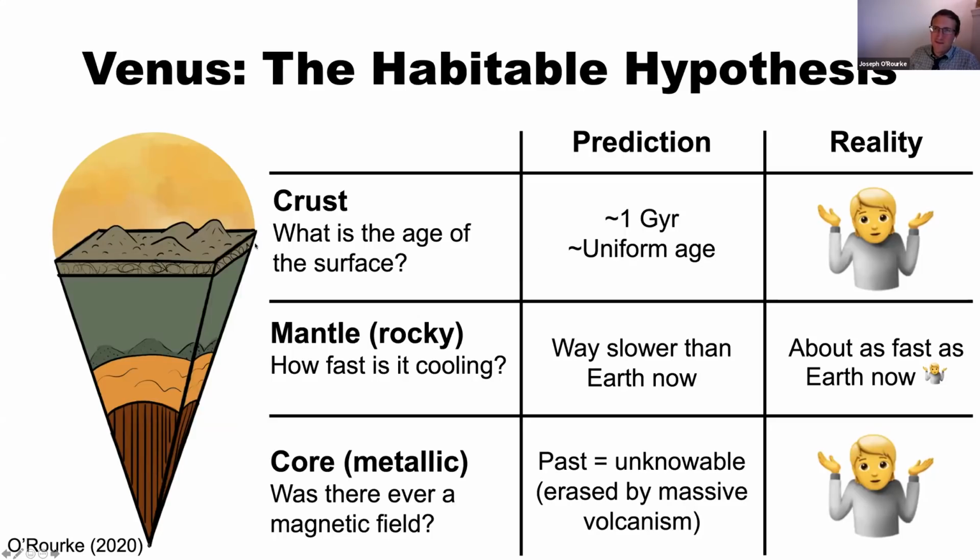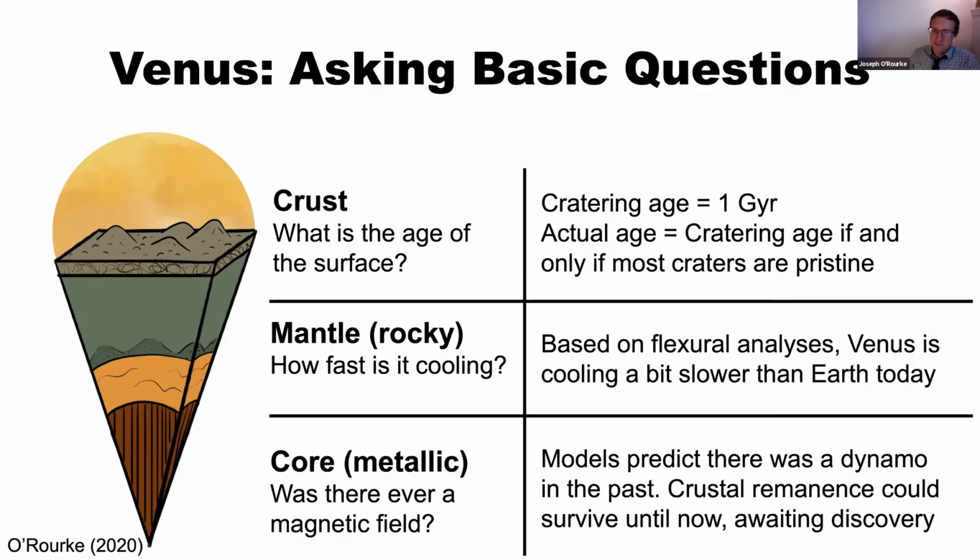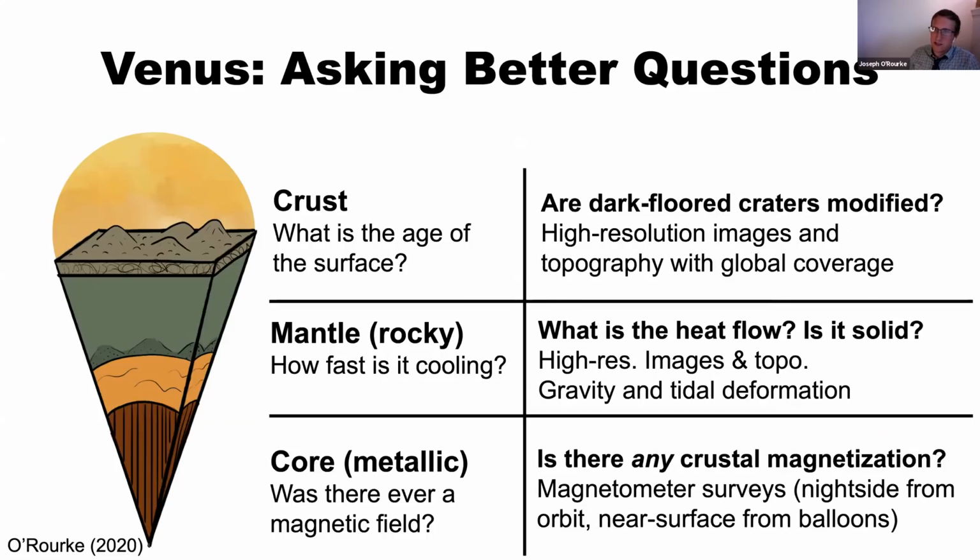Okay, so again, we asked 3 questions that bear directly on this habitable hypothesis for Venus, and we can't really confirm any of them right now. And I'm going to say that that's very disappointing. I wish we could. And the reason we can't is because Venus has been underserved in terms of spacecraft missions in the last couple decades by NASA. NASA has not sent a space mission to Venus since the Magellan mission, which is around the time that I was born.